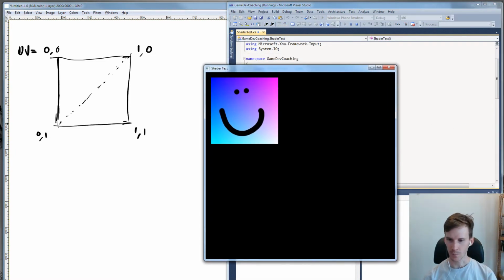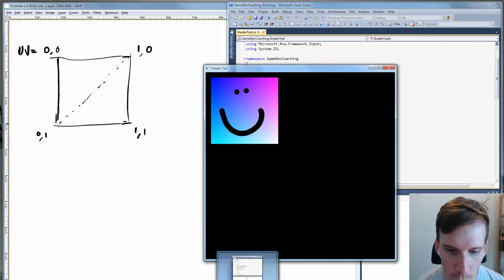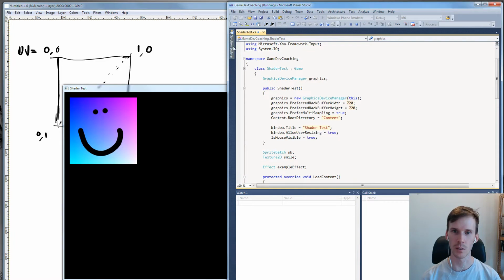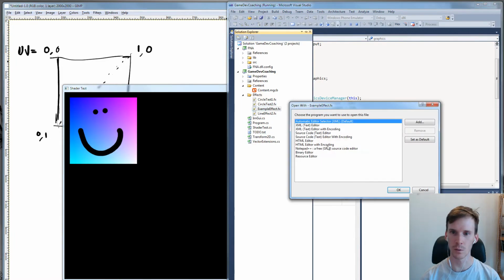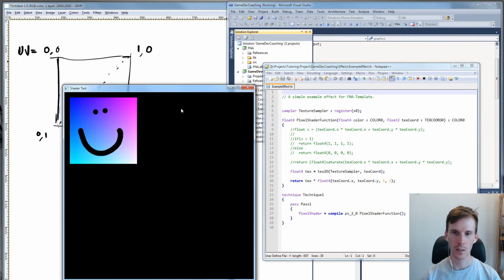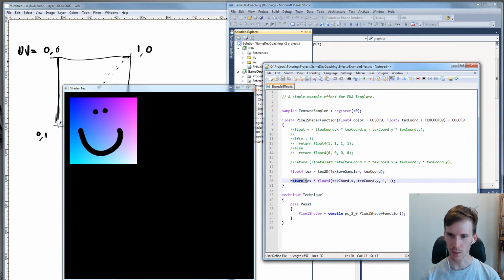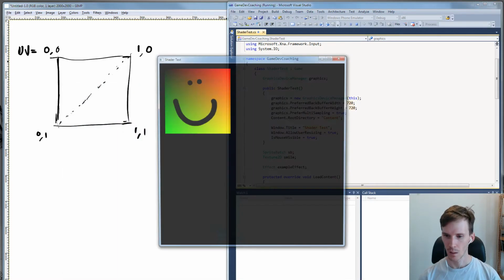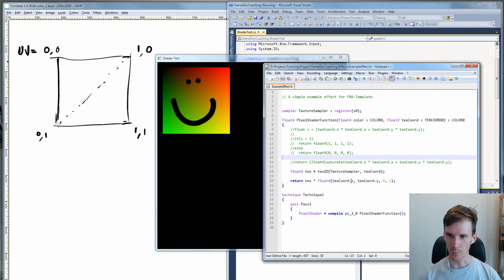So there's our test shader, which the source code for was displayed at the very start of the video, and I'm about to open it up again. You can see here we're multiplying by the original texture, which is a white texture with a black smiley face. Black is 0, and 0 multiplied by some value gives you black, but the white multiplied by some value gives you this gradient.